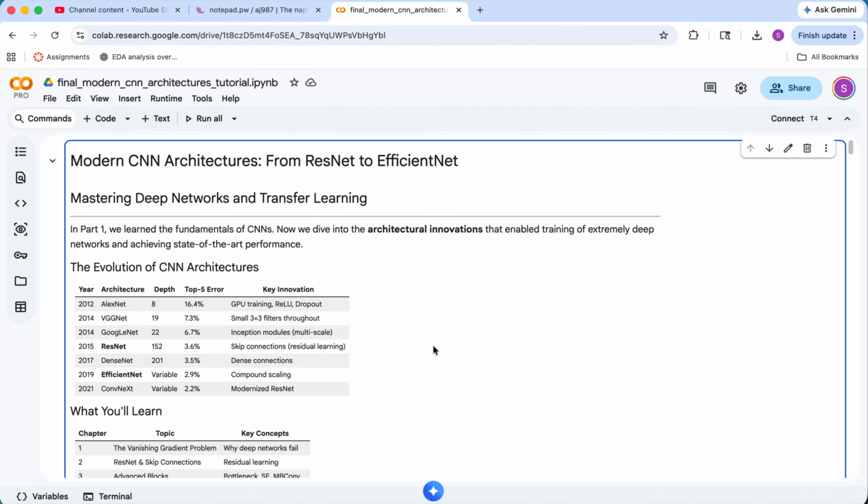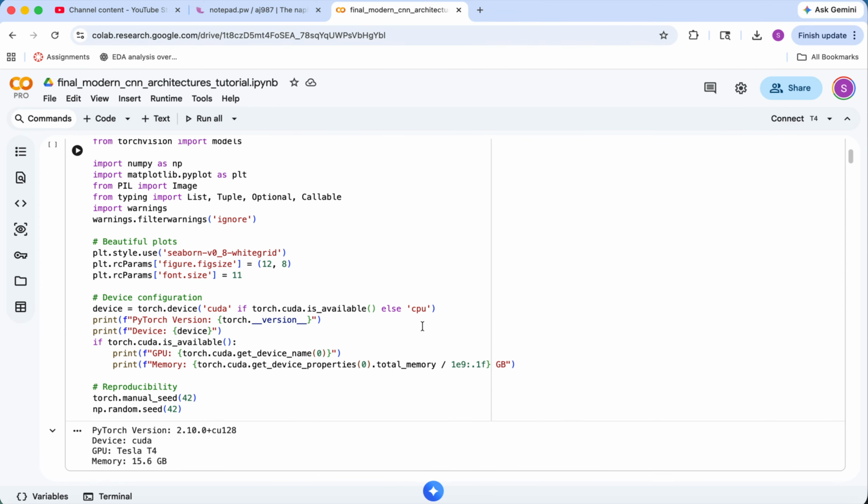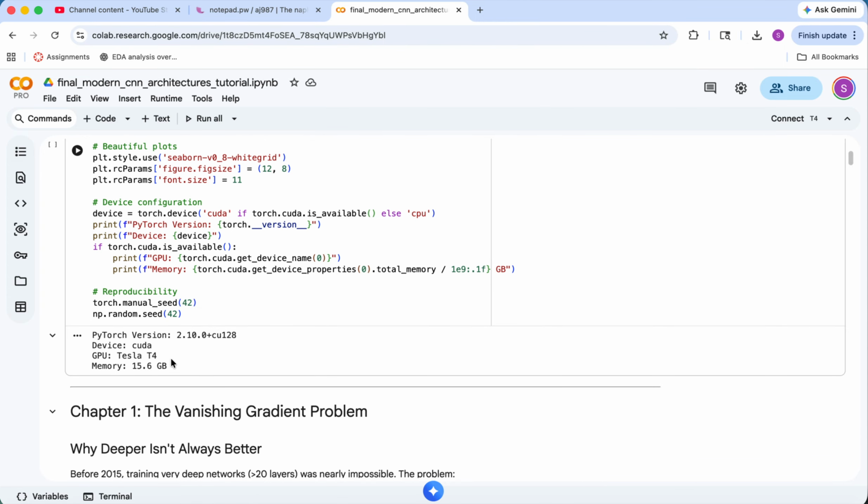In this video, I'm going to give a quick demo of this Colab, which is Modern CNN Architectures Tutorials. Let's start with the first cell. We start by importing our deep learning tools from PyTorch and TorchVision, making sure our environment is ready for heavy lifting. The output confirms PyTorch is loaded and a Tesla T4 GPU is ready with plenty of memory for